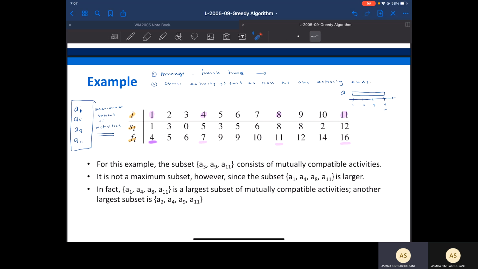And you can also find another subset that will give you 4 as well. If you start with